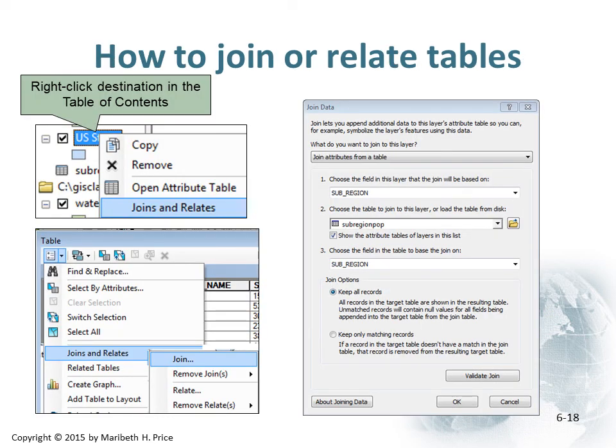How to join or relate tables. Text gets a little bit confusing about this because they talk about joins and they talk about destinations and this sort of stuff, and it can get confusing. For me, I try to keep it simple. I start out with where I want my data to end up. Okay, so if you're trying to attach road data to a county, or no, let's make that the other way around. Say you're trying to attach county data to